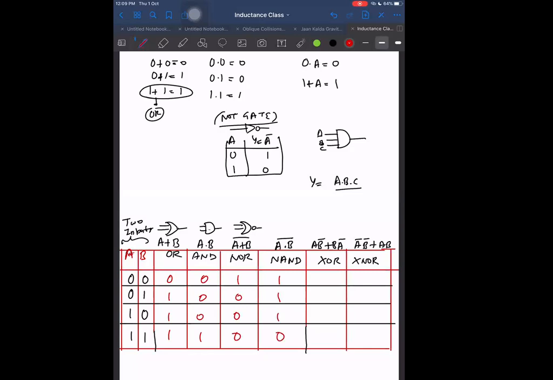This I have to check one by one. A into B bar. What is A into B bar? In the first case, A into B bar is 0 into 0 bar, which is 0 into 1, that is 0. B into A bar will also be 0. So 0 plus 0 is 0. What is the second case? 0 into 1: 0 into 1 bar will give us 0 for the first term, but a non-zero second term. Why? B is 1 and A is 0, and 0 bar is also 1, so 1 into 1 will become 1. So this is becoming 1, this is becoming 1, and this is again becoming 0. XNOR is opposite of this: 1, 0, 0, 1.